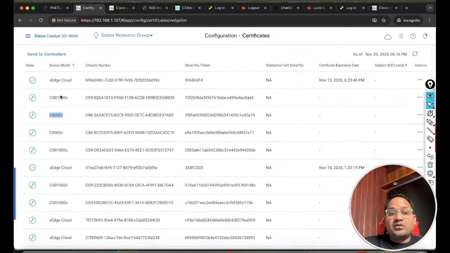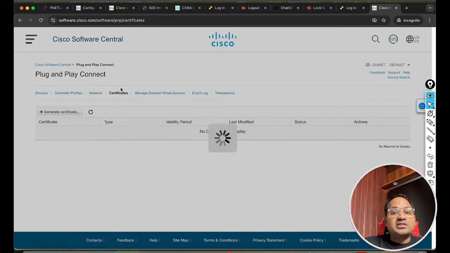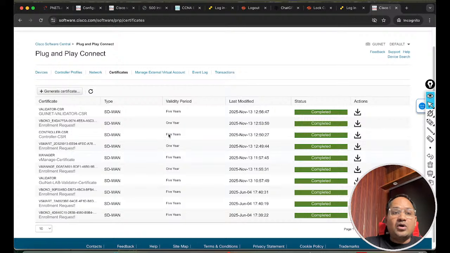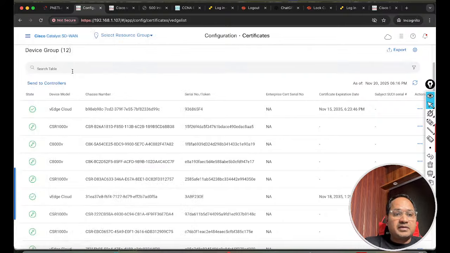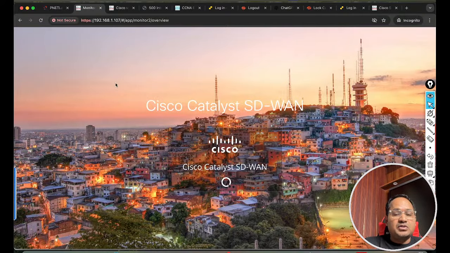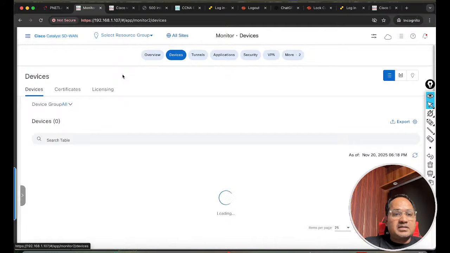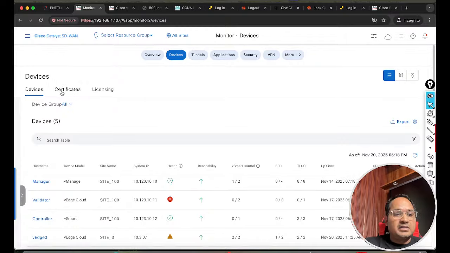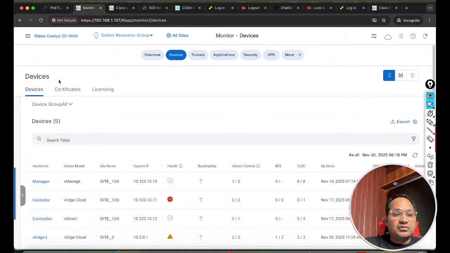Now if I talk about the PNP portal, you can see this PNP portal is actually doing the certification part. I did all the certification for my controller from there. Means I generate the CSR. How can I generate the CSR? There are no manual certifications. So if I go here to certificate, if I go to my devices, let me show you. If I go on this particular devices and go for my certificate, there is a certificate for the vH router, and if I go for, let me show you,